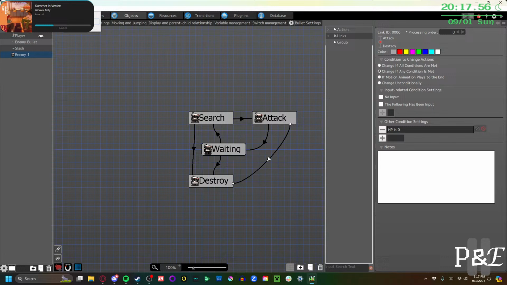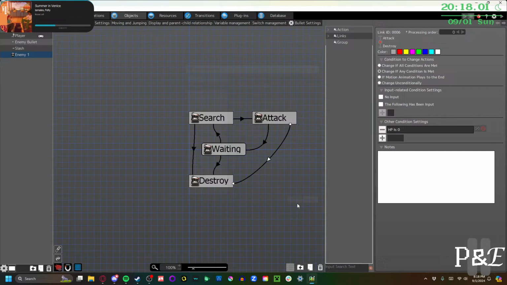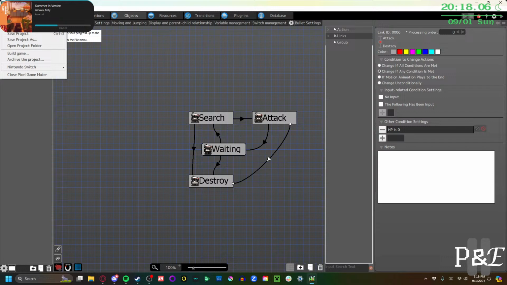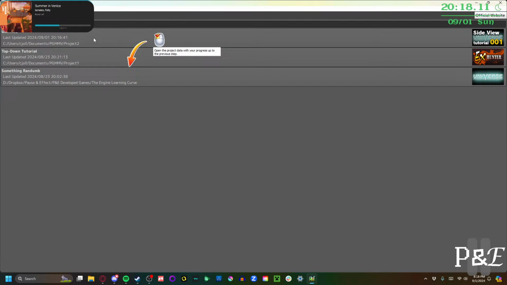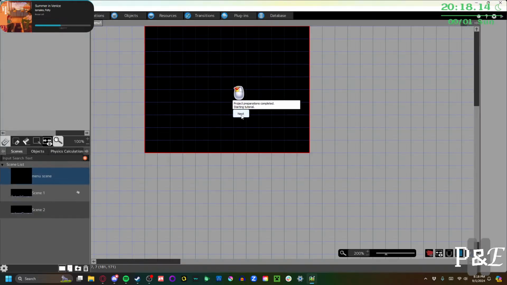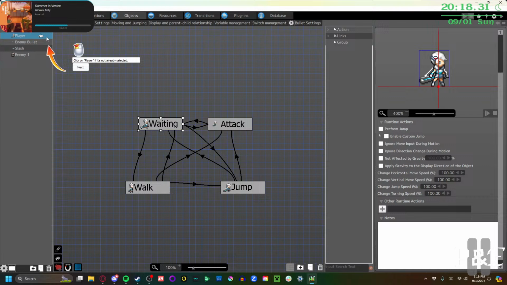Okay, so next tutorial is create player loss conditions. We'll create player damage settings. We'll set things up so that HP is visibly reduced when an attack is taken, and player is destroyed when HP becomes 0. So under Objects, Player,